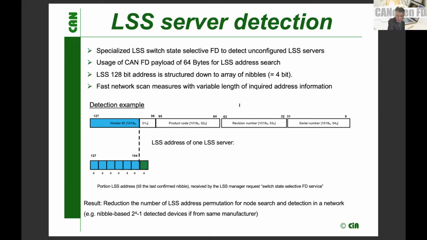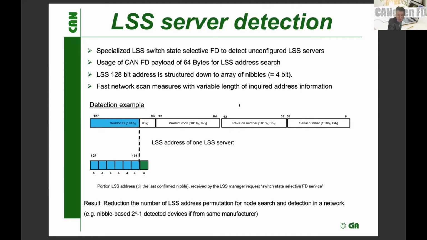There's the vendor ID, product code, revision number, and serial number of the device. In this new process, it is possible to ask around in the network using only a portion of this whole LSS address, which